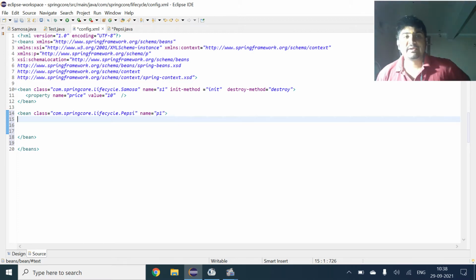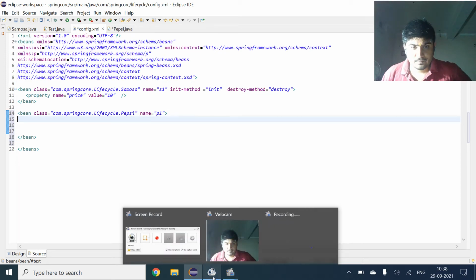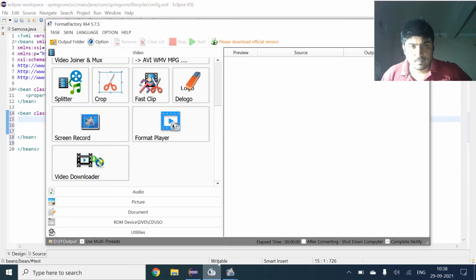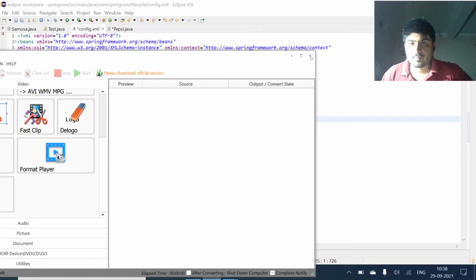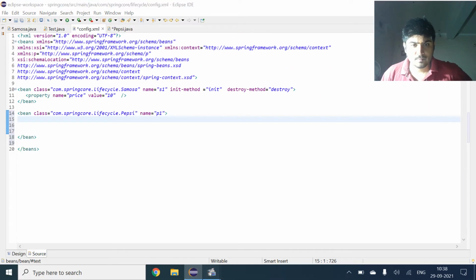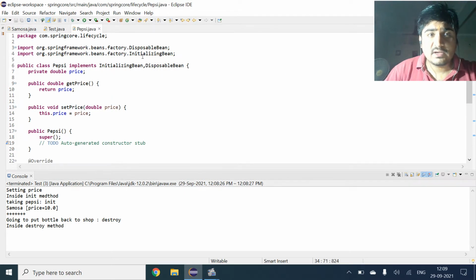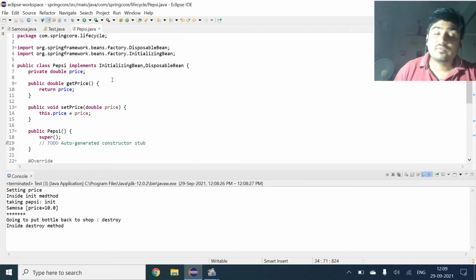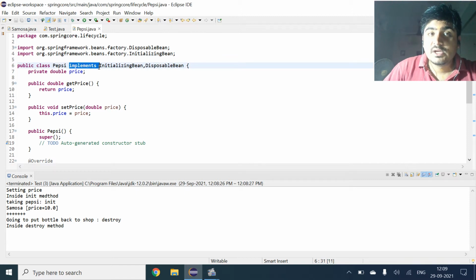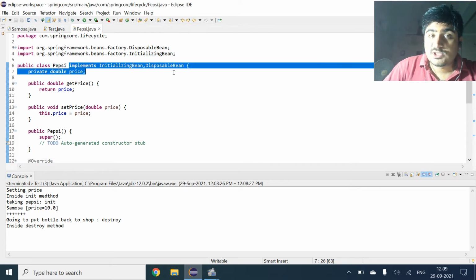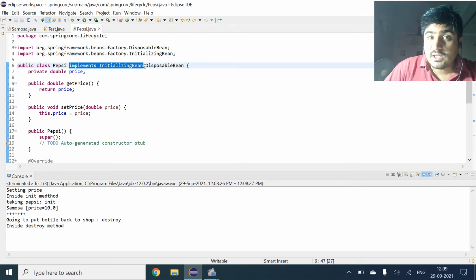So I will write the XML file, and after that I will be back. Here I have just written the code. Then we are doing the initializing. For initializing, I have given the command implements InitializingBean and DisposableBean.